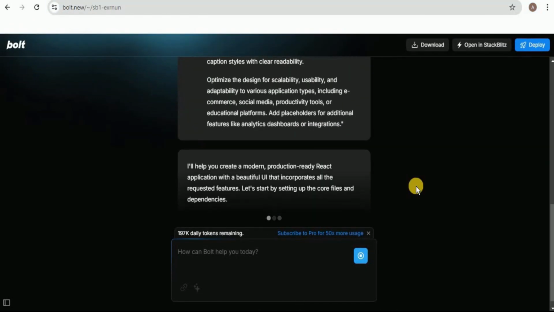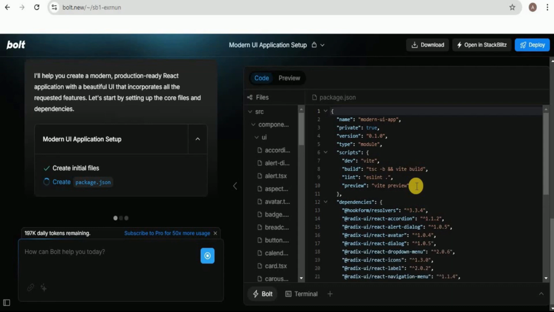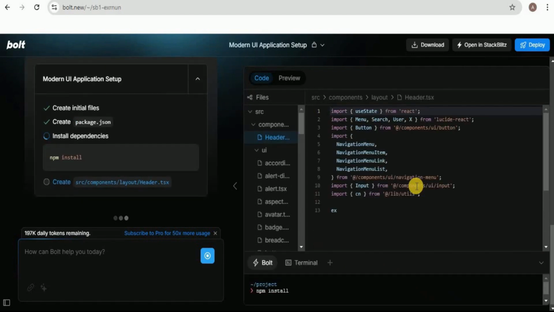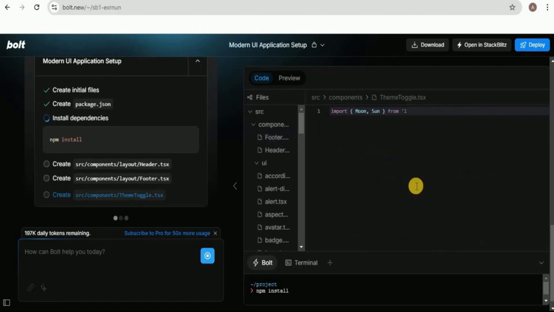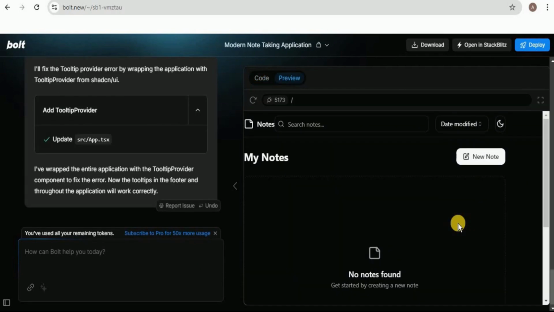So now the only thing that you need to do is to run it to see the output. Here you'll see that it will start generating the code for the application by integrating all the different features which we have defined, and the user interface will include all the different features which we have described in the generic prompt. Once the entire code is completed, it is going to provide us a preview of how our application looks. So let's view it in full screen mode.